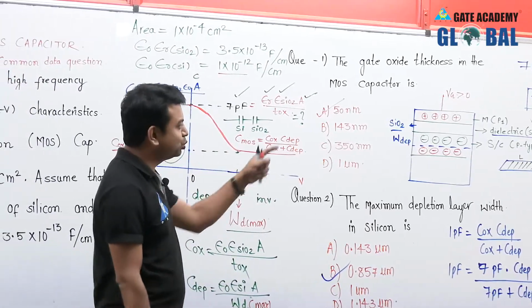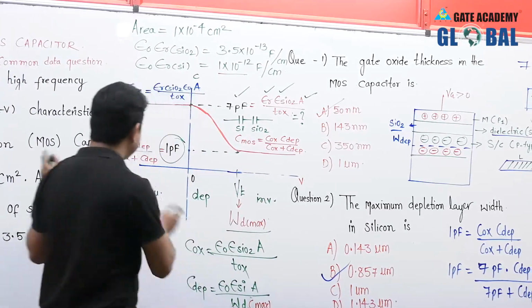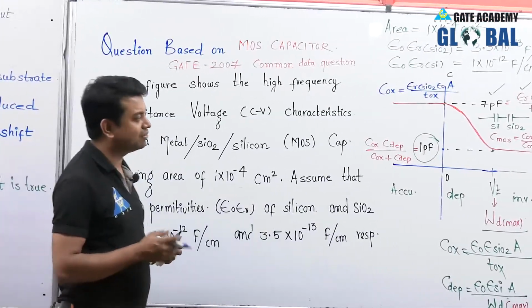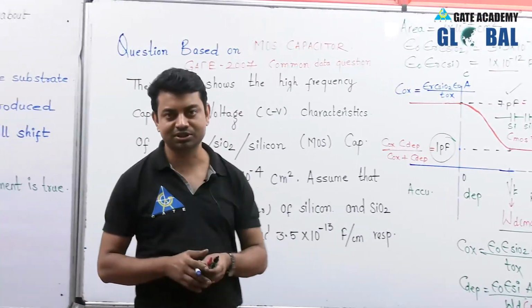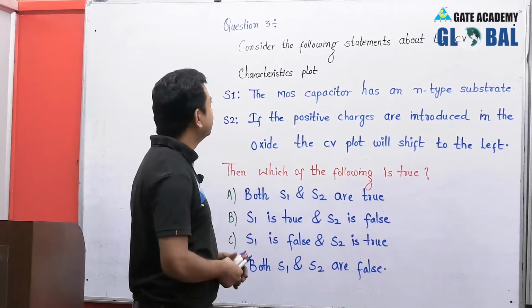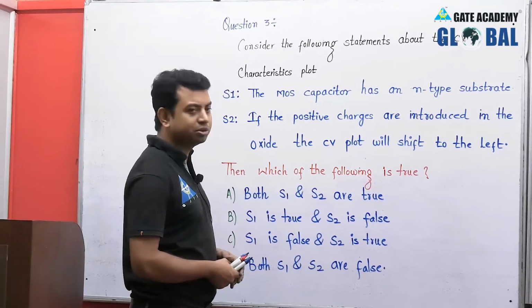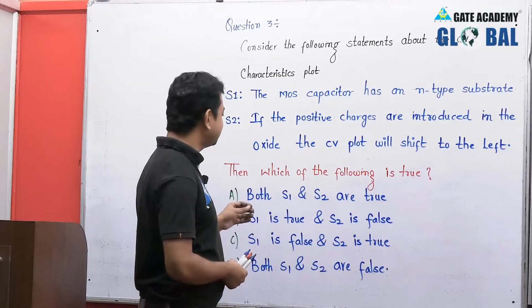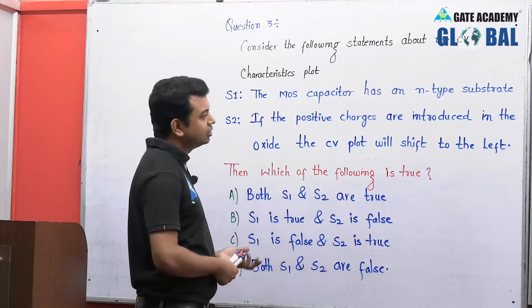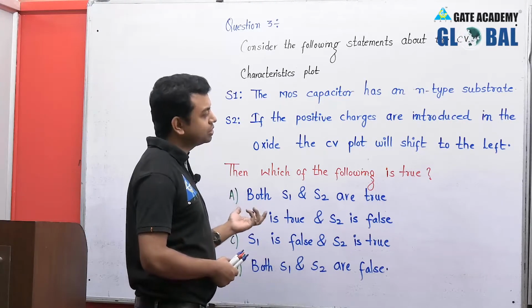So we have solved two parts of this particular data by using our theory knowledge, which we have discussed in the previous 3 lectures. Now we are taking the third question. In this third question, we have 2 statements. First of all, we are going to study those statements, and next we are going to find out which statement is correct and which statement is false, or whether both statements are incorrect.